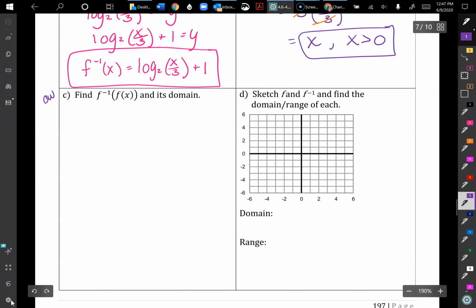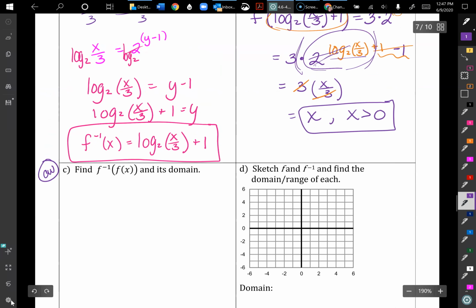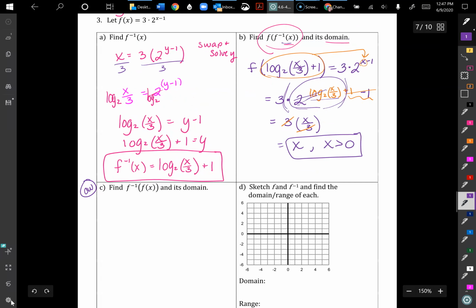So you might like to try to do the other one as classwork or just follow along with me. But we're just going to take that original function here and put it into the inverse. So we'll have f inverse of 3 times 2 to the x minus 1, and that will all equal